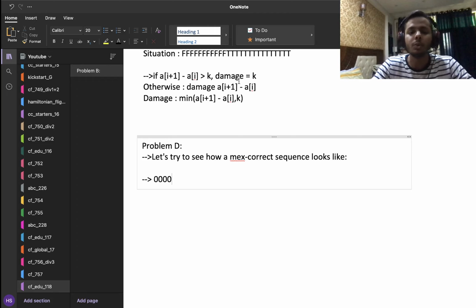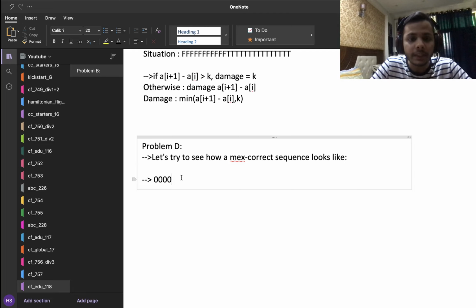That's up to me. So since I'm using only zeros, the condition of being mex correct is being satisfied for each prefix, since the mex is always 1 and the element is always 0, and 1 minus 0 is less than or equal to 1. Okay, now I decide to stop using zeros and I use something else. Again, I can use either 1 or 2 here, and that's because if I use a 3 here, then the mex becomes 1, and again the difference of 3 and 1 is greater than 1, so I can't use any number which is greater than 2 here, right?